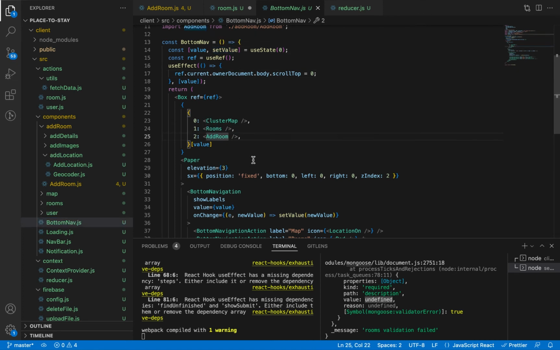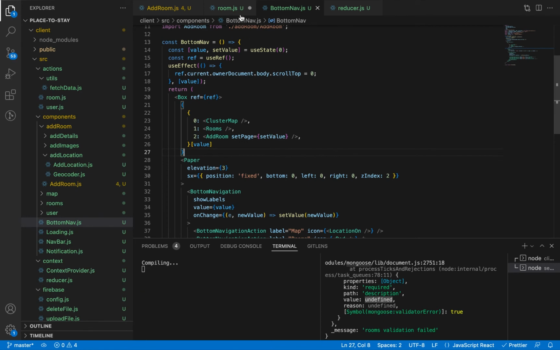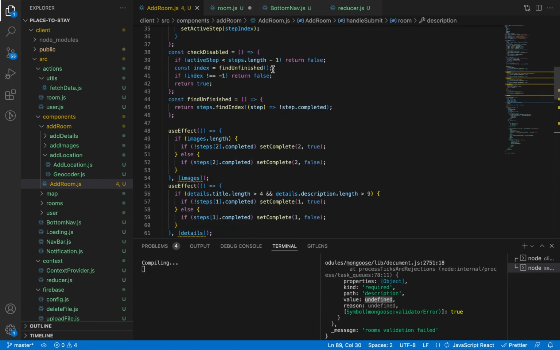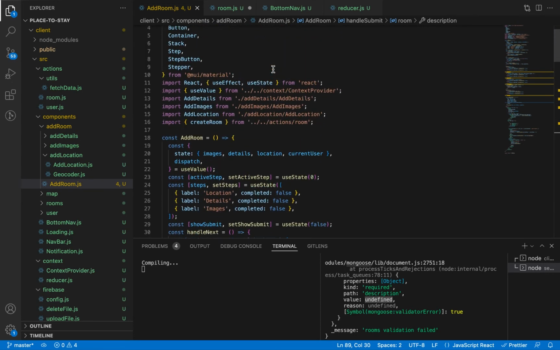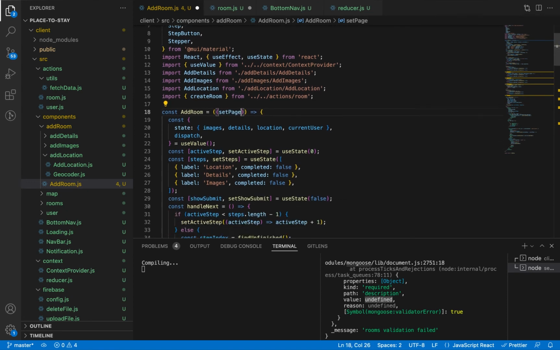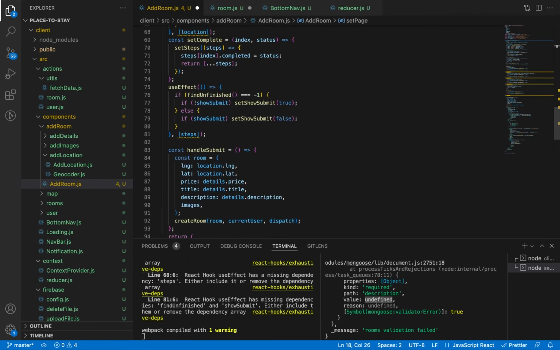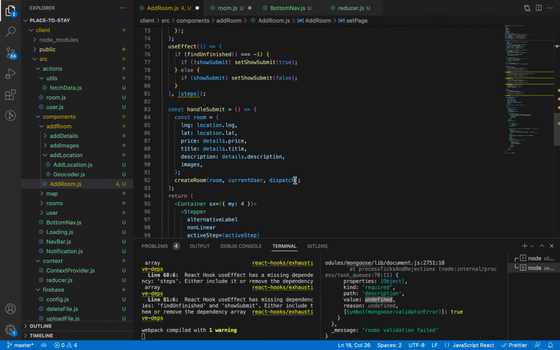Let's pass it to our add room component. You can add it in the global context, but in this case I'm going to pass it as a prop. I'm going to call it set page and pass this function to this prop. Let's save and go to our add room and extract this prop, set page, and we are going to pass this function as a parameter to our function create room. Let's add it here,